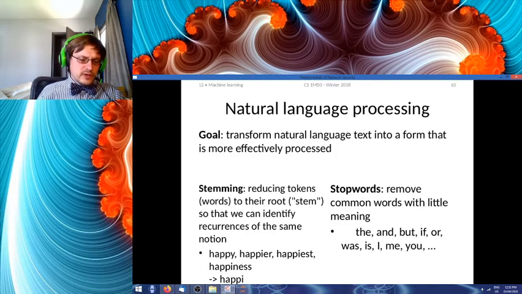If you were to try to have an algorithm that broke a sentence down into its logical equivalent, you would need to pay attention to things like prepositions and conjunctions. But with respect to sentiment analysis, all we're doing is we're trying to establish the general tenor of what's being said.